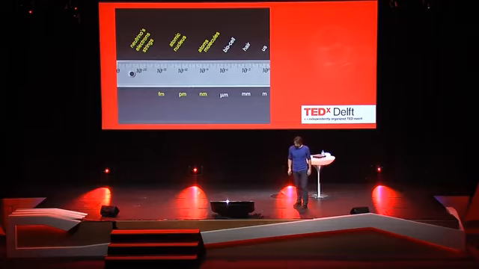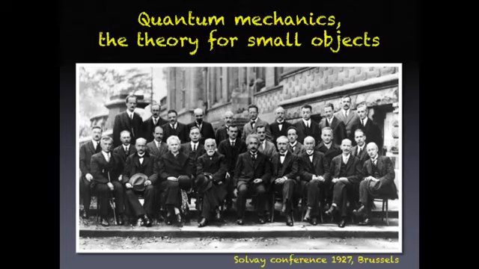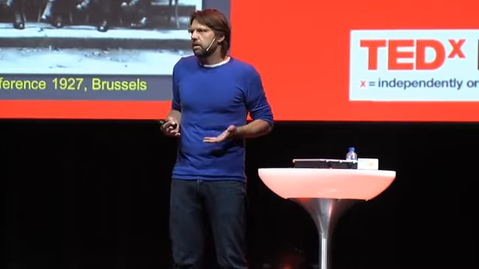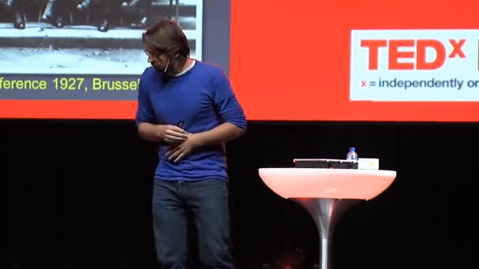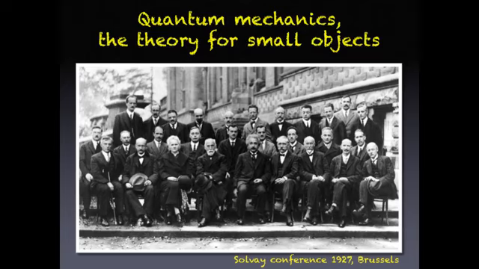But the small things can be described very accurately. And the people who put forward this theory, the quantum theory, maybe they've made the greatest intellectual revolution of mankind. You see a picture here with, on the first row, very prominent Albert Einstein. You clearly recognize him in the middle. On his right, left for us, there's Hendrik Lorentz, our Dutch hero. And next to Lorentz, we see Madame Curie. And many of these men in this picture have received a Nobel Prize for their great work.